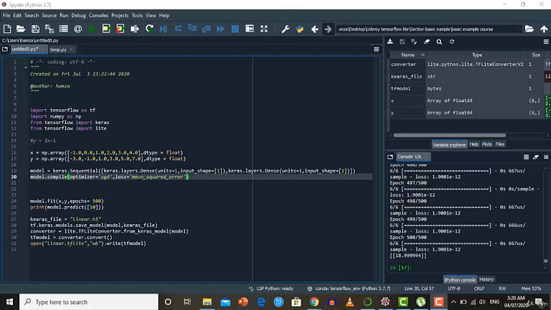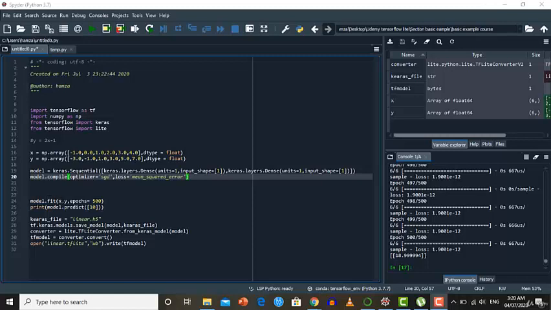So we actually want to minimize this loss function. And here the optimizer will help us minimize the value of this loss function, as it contains the difference between the actual value and the predicted value. After we compile our model, the next step is performing training. So we will use the model.fit function and pass our data set.